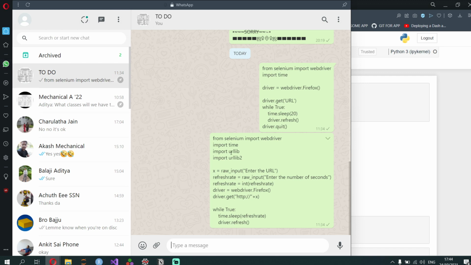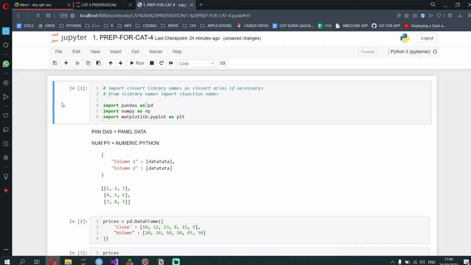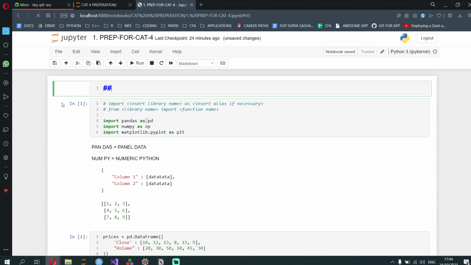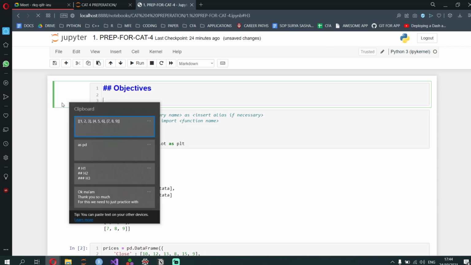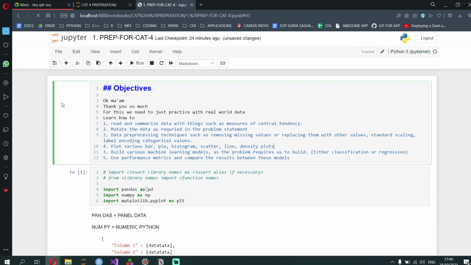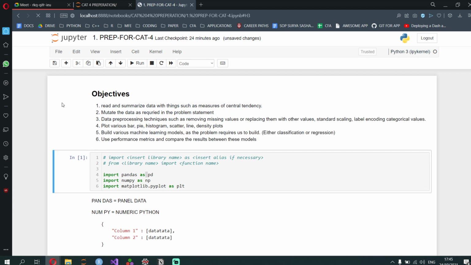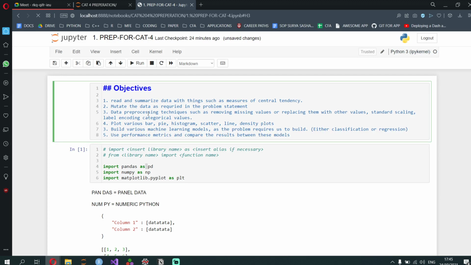Let me just put our objectives here. Okay, so read and summarize data with things such as measures of central tendency. We have to cover that one. We've done mutate data as required in the problem statement. So in the problem statement, they might say mileage is this, there are these many liters, find something else, or they might give you the height and weight of a person.